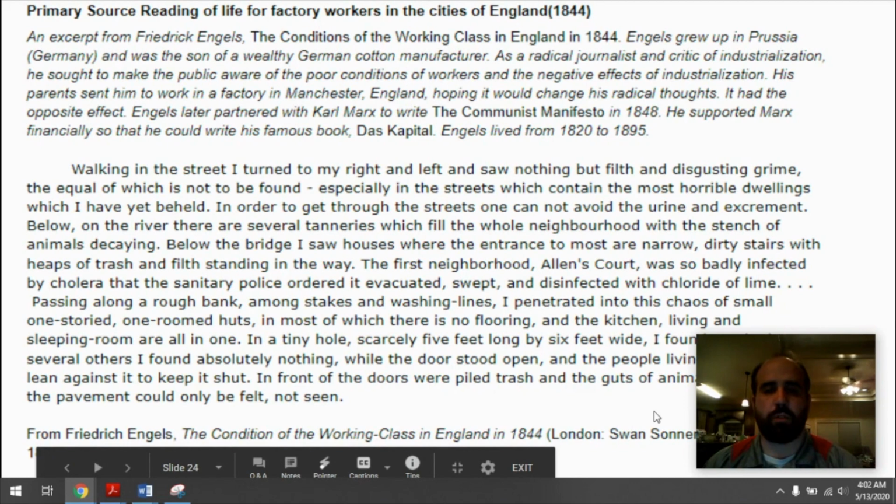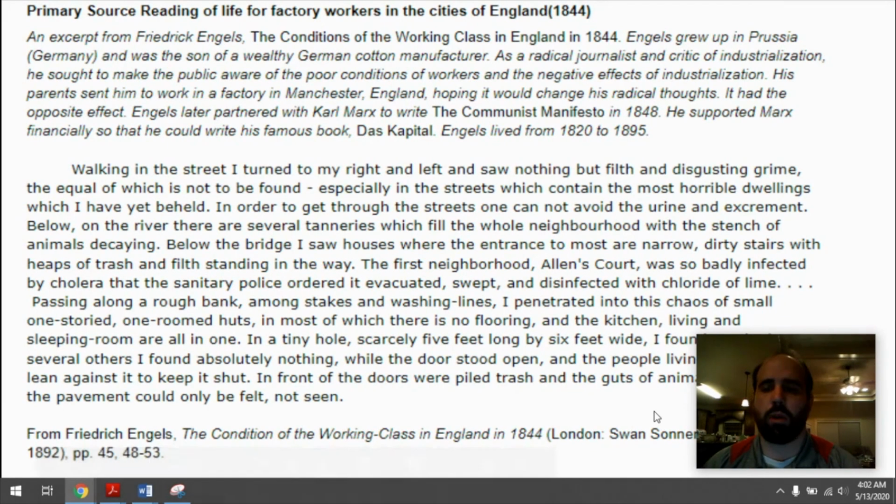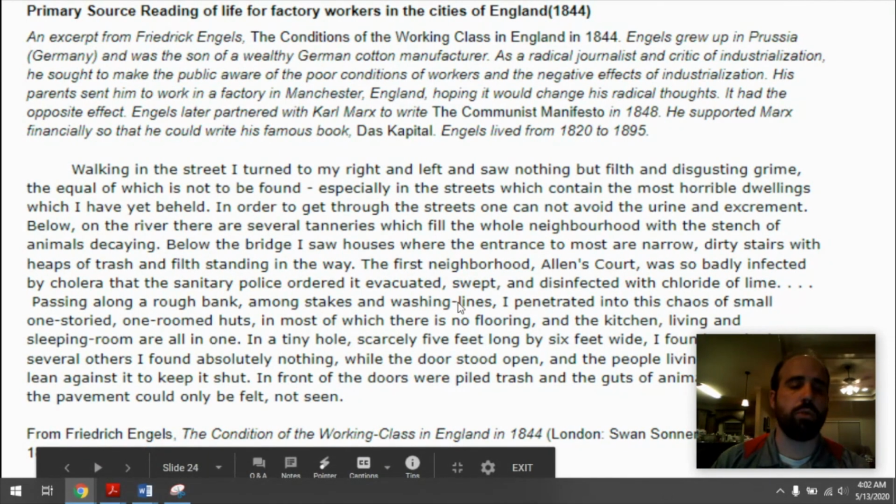He very much supported Karl Marx and the development of his Communist Manifesto. But what the document is, is a description by Mr. Engels of the life of factory workers and working class people in the cities of England, and mainly Manchester, England. It's not a long document, but it's a good one, and it's one that I use when I'm